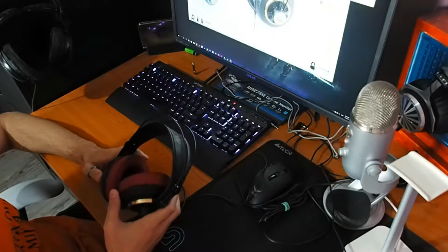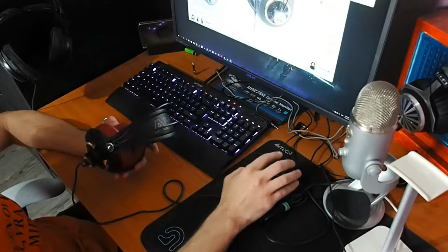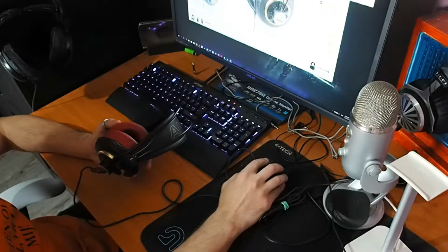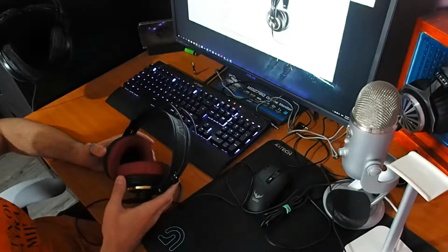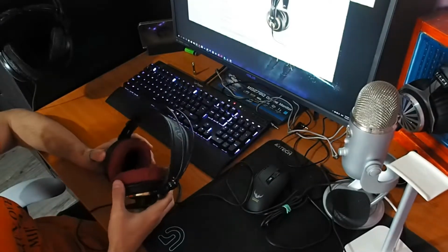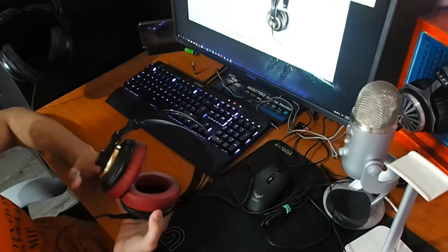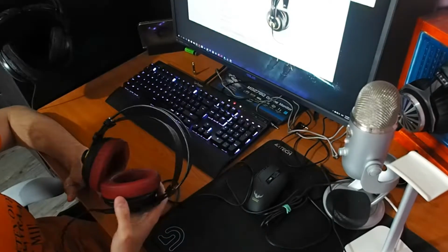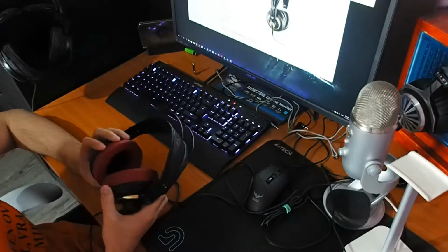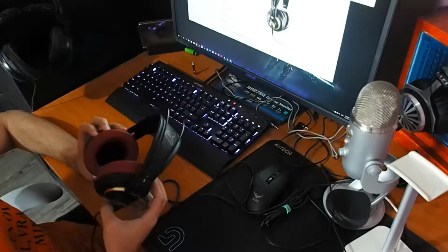They are good for use in studio, so they claim, and they are good in studio because it's not gonna color your sound in any shape or form, so what you hear is what you get, for the most part. I'm saying for the most part because there are other more capable headphones than these, but for the price range they are